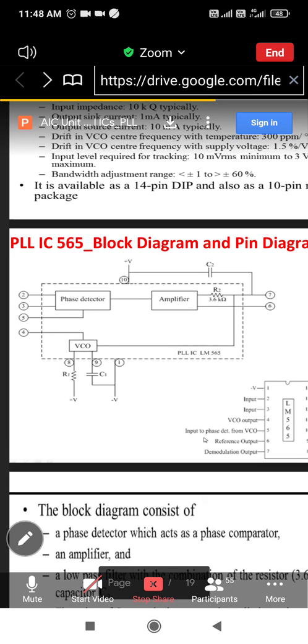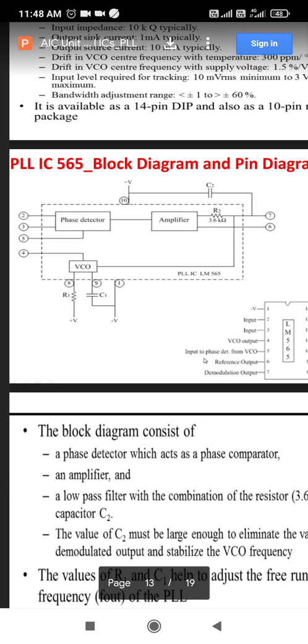Okay, so block diagram you are observing. In that, obviously we have learned the block diagram of PLL. The same blocks are available here also in the IC 565. The first block is the phase detector, which has two inputs. One input is coming from pin number 2 or 3, and another input is coming from the VCO, that is